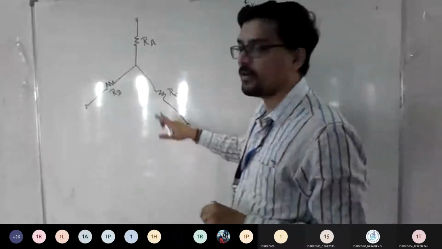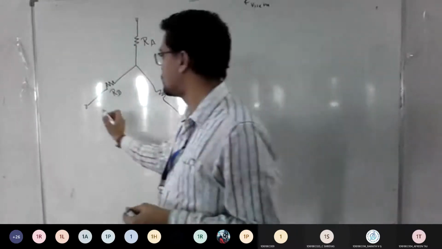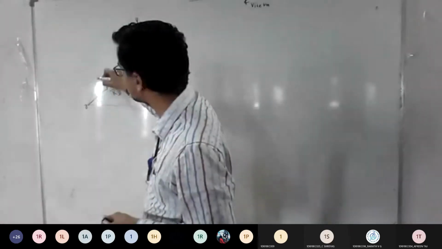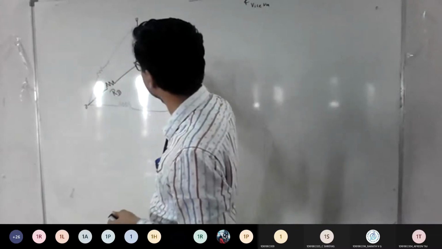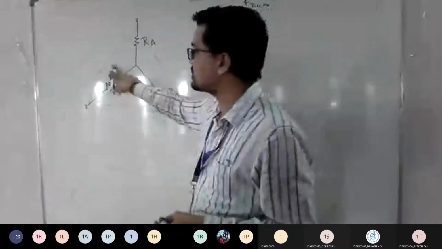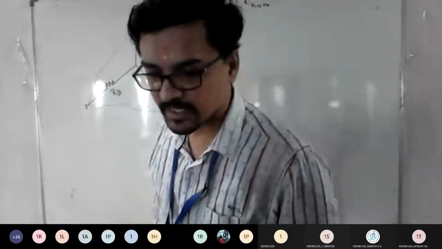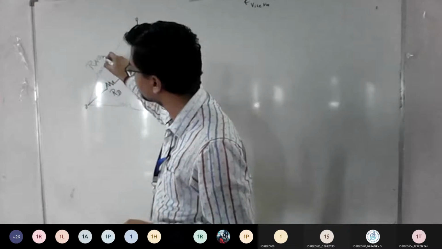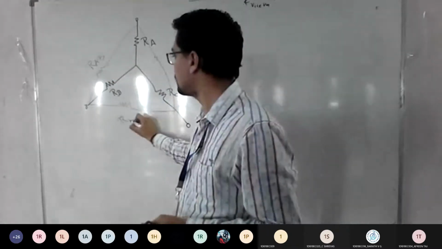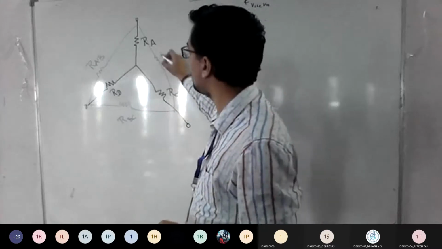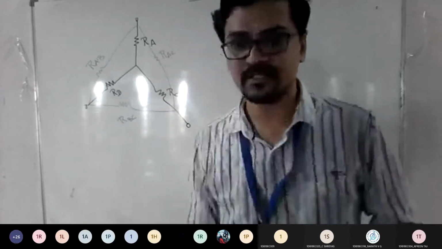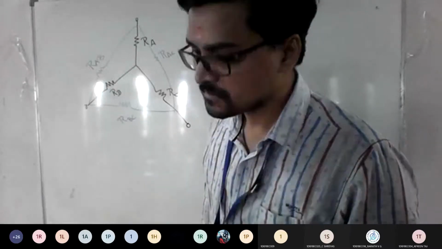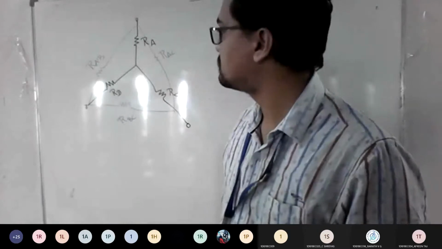What did I tell you? How did you mark inside? Now it is for the outside, right? So just mark for your reference. So what is this now? The connection between A and B is RAB. Between B and C is RBC. Between A and C is RAC. So these are the things we have to convert now, star to delta. Everyone agree? Yes, sir.